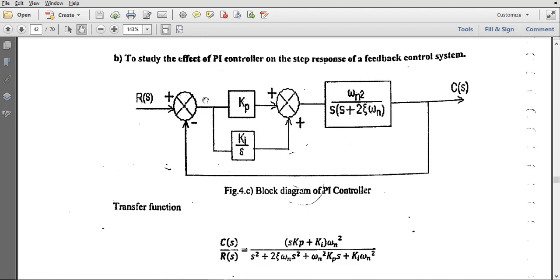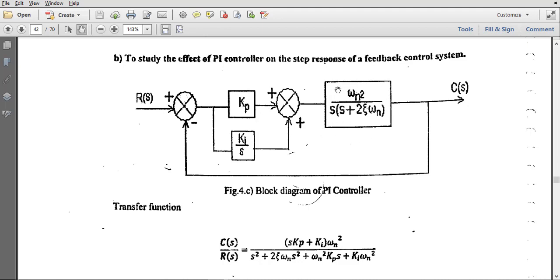The error signal is taken by Kp and Ki, and they are added together, and this total becomes the actuating signal for this plant.